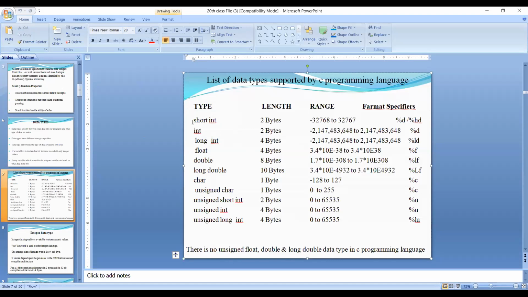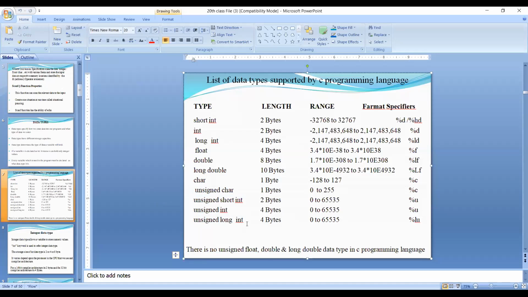Short integer means signed short integer. Next, after that, unsigned also. Unsigned integer, unsigned short integer, unsigned long integer. Over. So 6 data types completed.